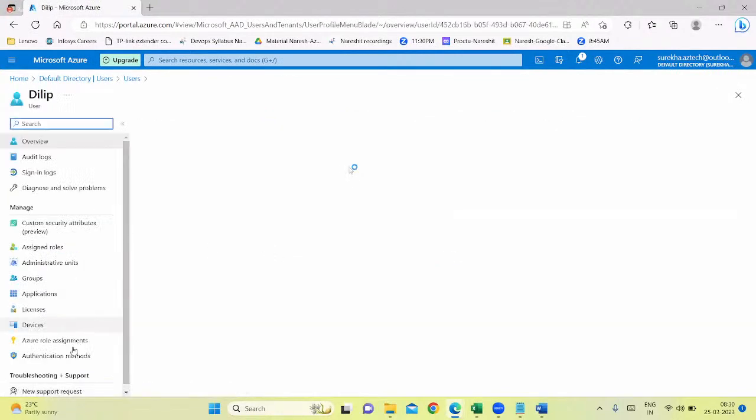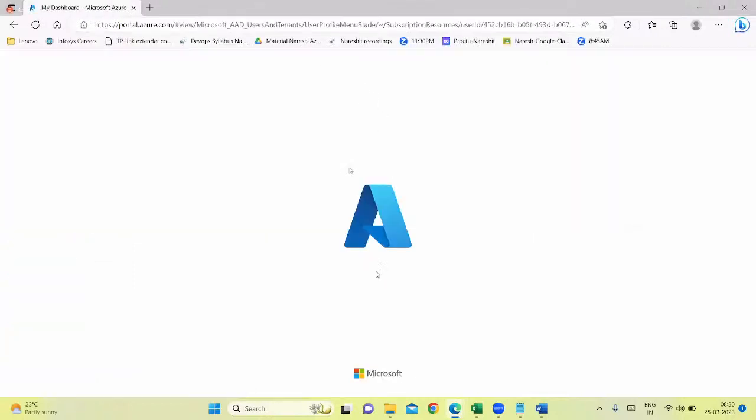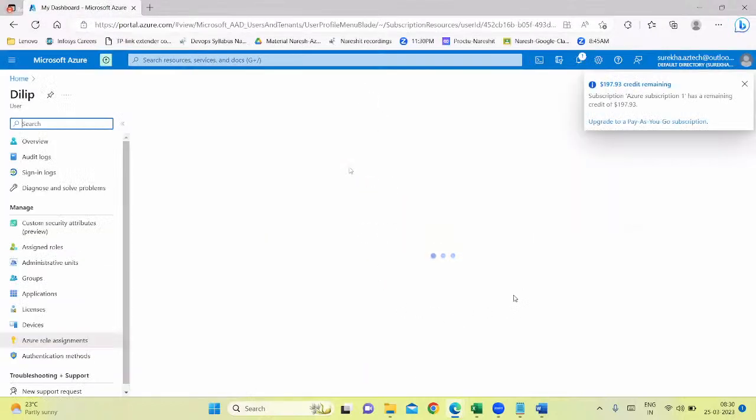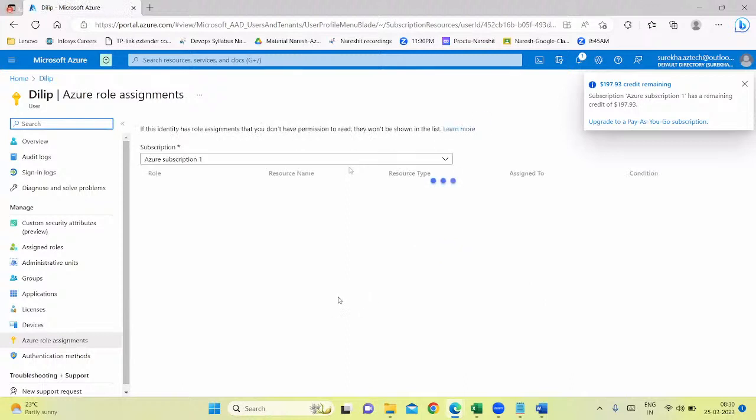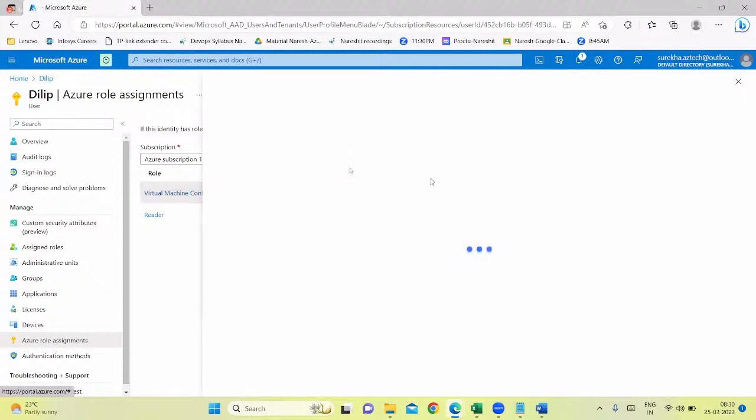Okay, Dilip, user role assignments. Okay, it's still not updated. It will go, it will go for sure. Not sure how much time it will take to update at the backend. Okay, so if I try it one more time, deleting it,